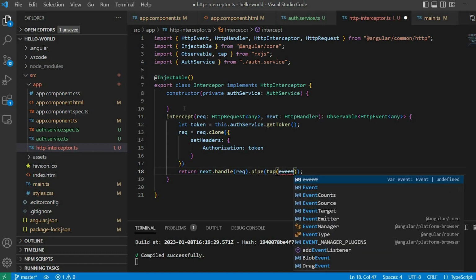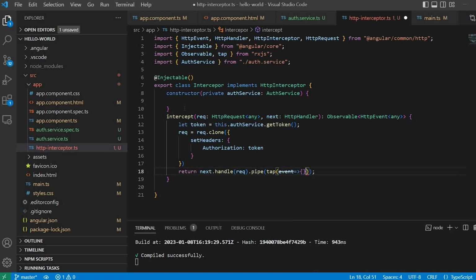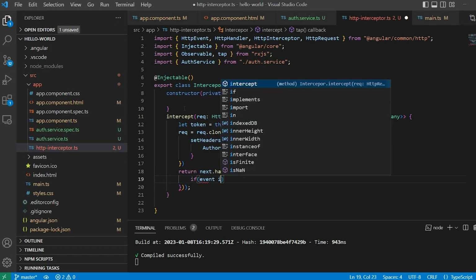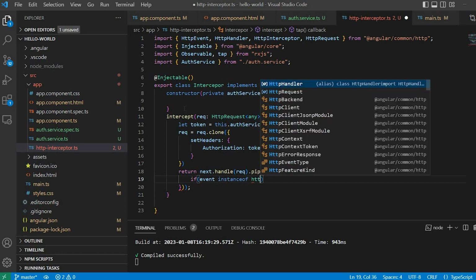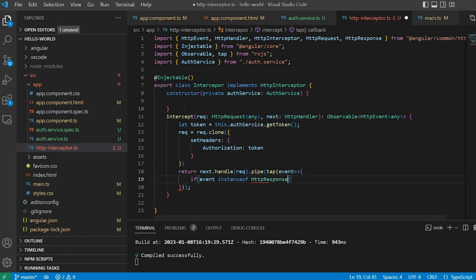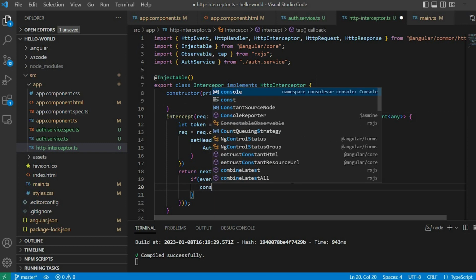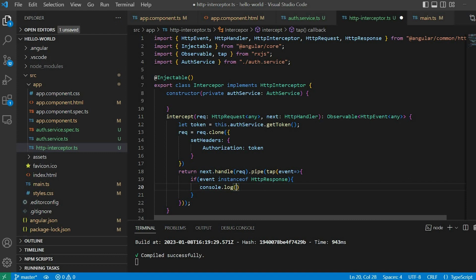So suppose first we need to check if this event is an instance of HttpResponse. If it is, then we can just log here. Suppose we write here, log from interceptor success block,